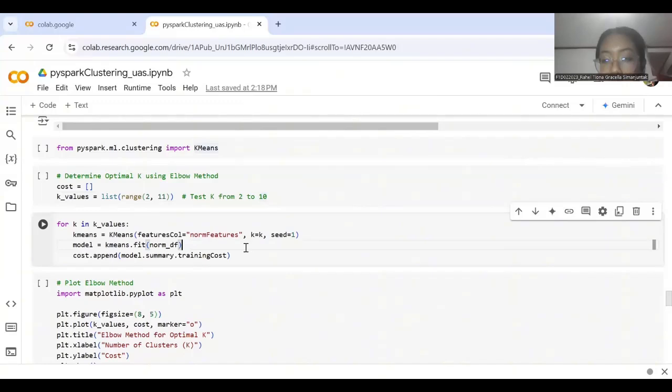The code then enters a loop where it iterates over each value of K. For each K, it initializes a KMeans model, specifying the features column to be used for clustering, the current K value, and a seed for random number generation to ensure reproducibility.